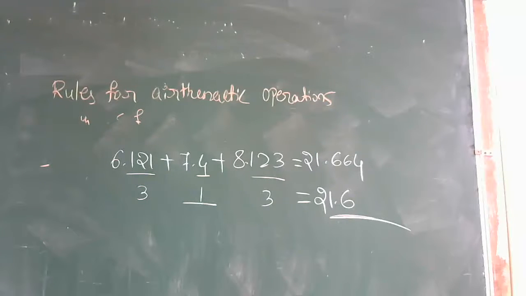So this is how we explain the rules for arithmetic operations in significant figures. Okay, so this is a little confusing for you, but I hope you will understand. Is it clear? A little. Again, we will take a few more examples in the next class, but till here I hope you understood a little. Actually it is simple. If you were there in the class now, it would be very easy to convince you. I don't know how much you are getting during these online classes.